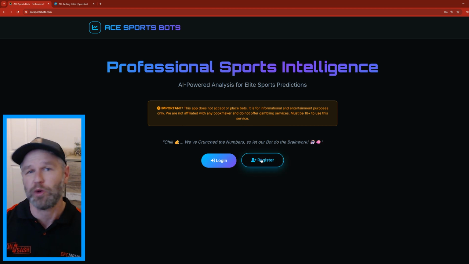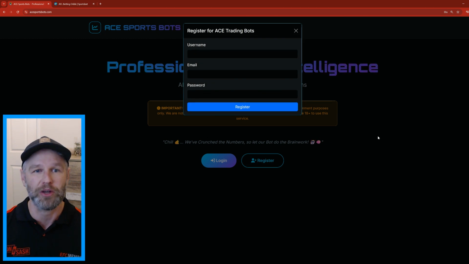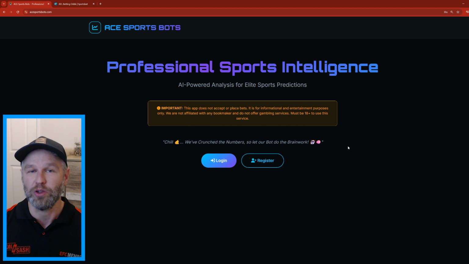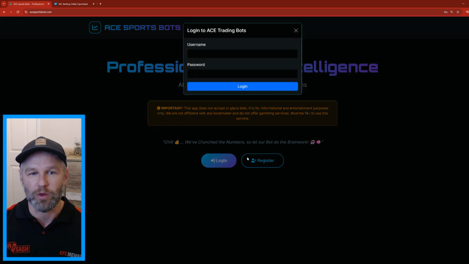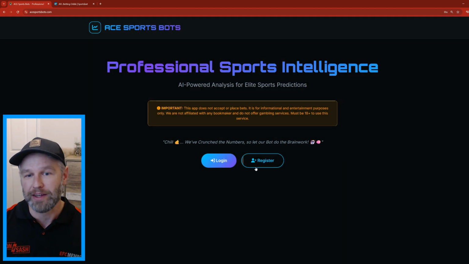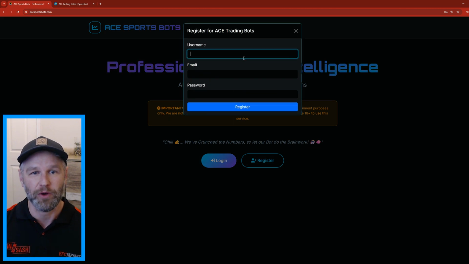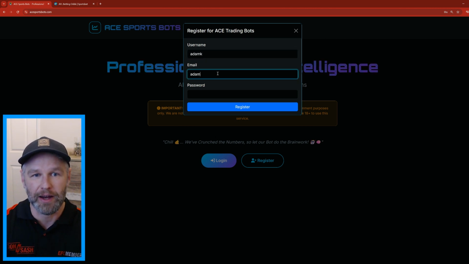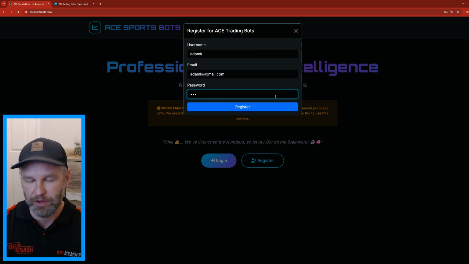The first thing you want to do is register. Register by putting in your username, email, and password. Once you've done that, it'll ask you to log in. So let's just create a new login. Obviously, I've got my admin. Let's just create something here. We'll go Adam K. And obviously I'm going to put in Adam K at whatever my email would be, and then I'm just going to put in Adam K for now,